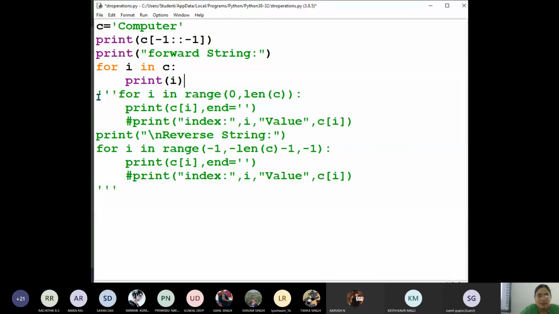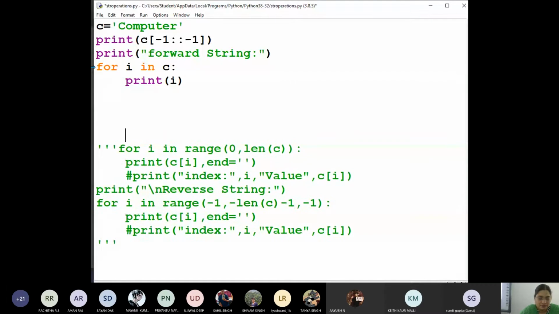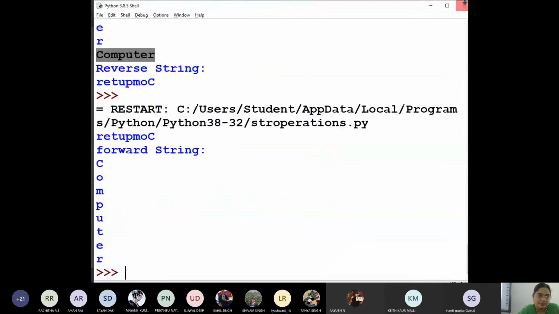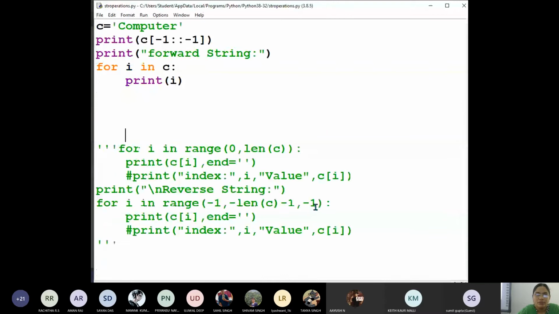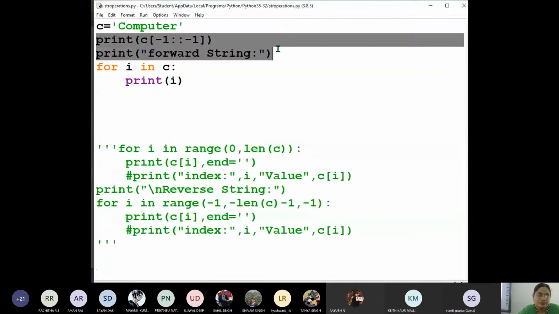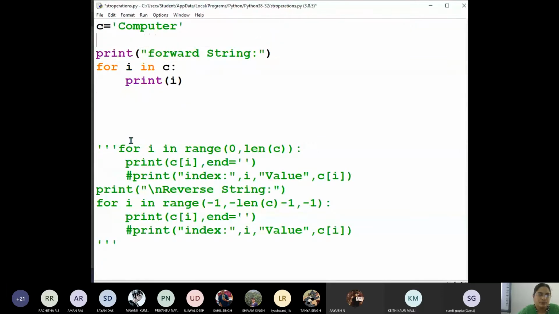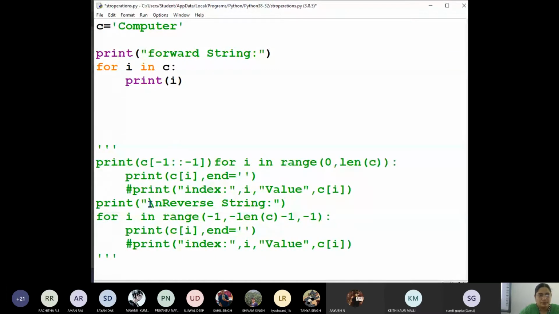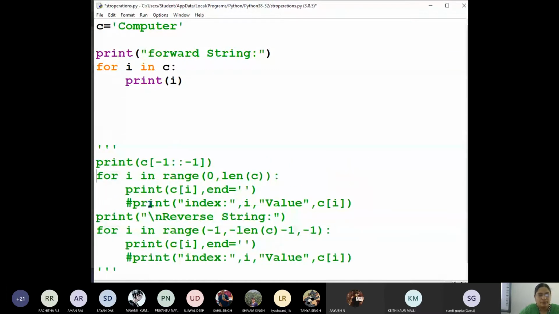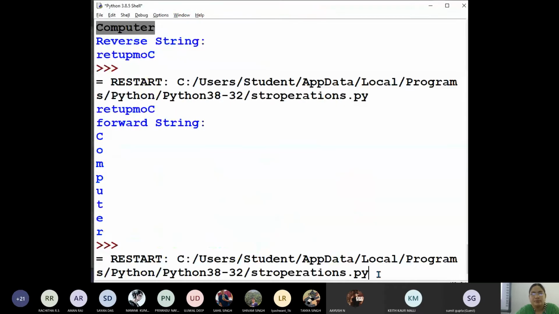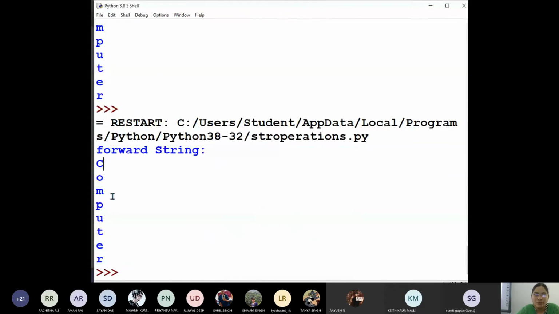Now let me show this much to you. Now you can see this print also. Now you can see the string is computer.